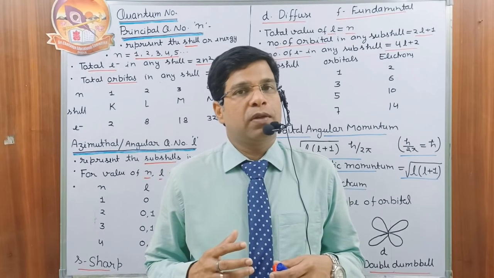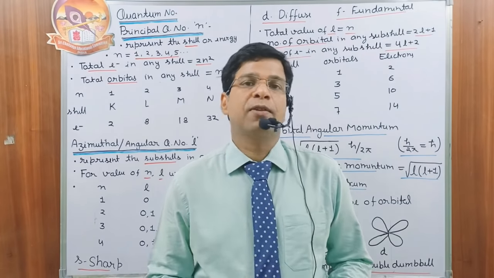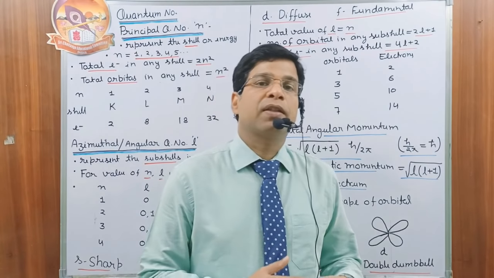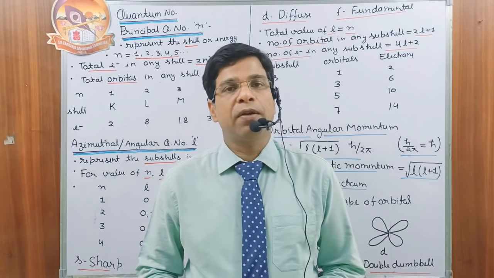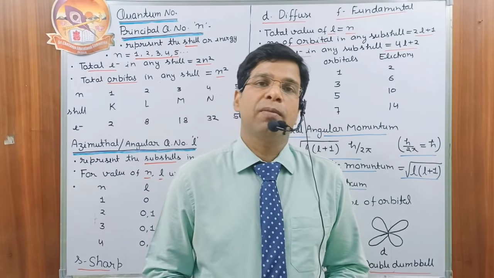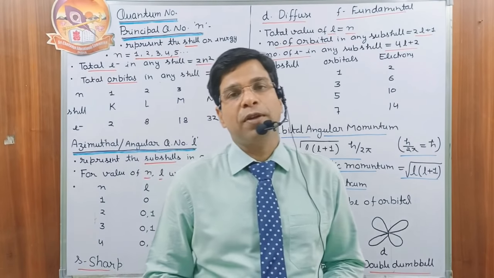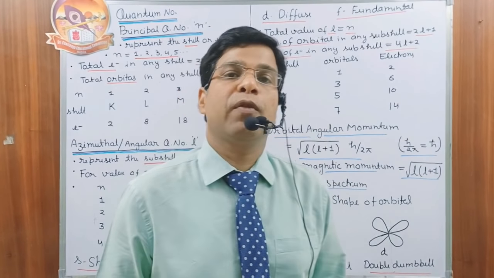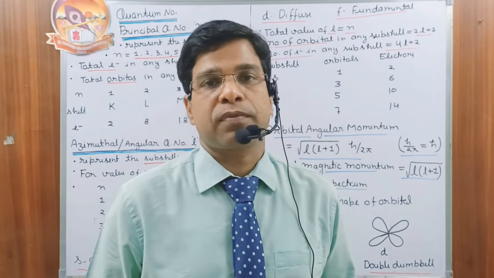In this part, first I will discuss the topic quantum numbers. The accepted solutions of the Schrödinger wave equation are the eigenfunctions. They are solved in terms of three quantum numbers n, l and m: the principal quantum number, azimuthal quantum number and magnetic quantum number m. The fourth quantum number, the spin quantum number, is not a result of the Schrödinger wave equation. It is a result of the Pauli exclusion principle.